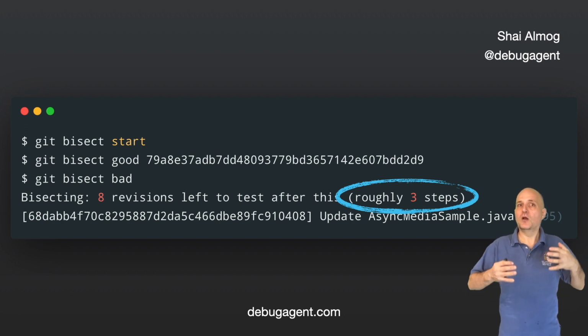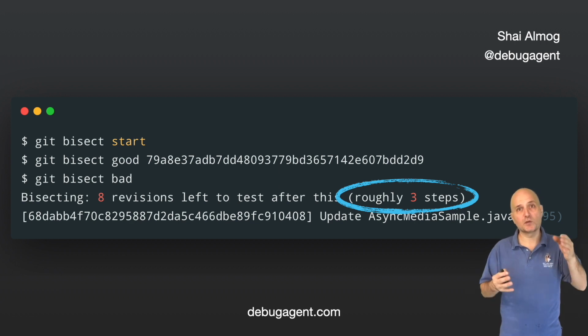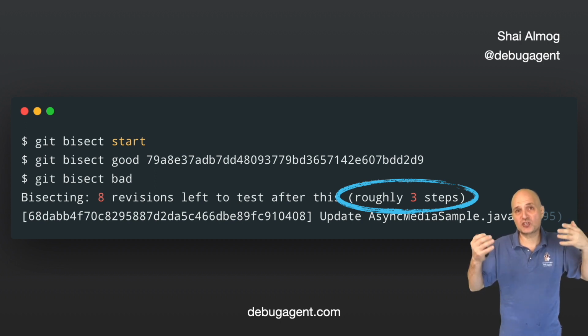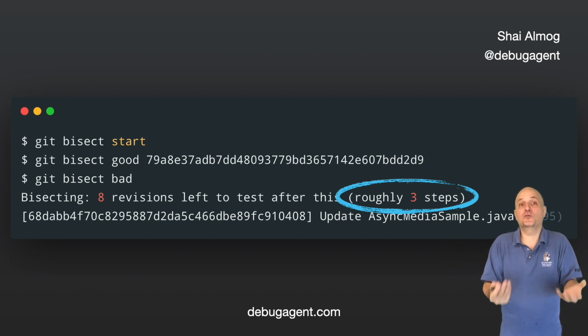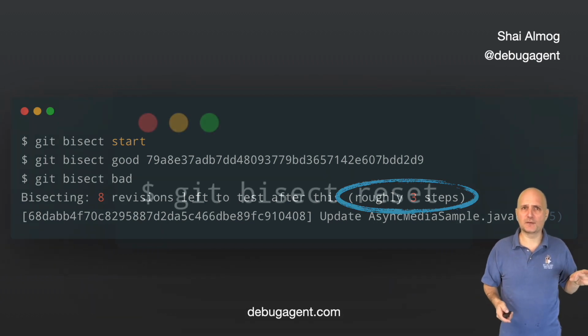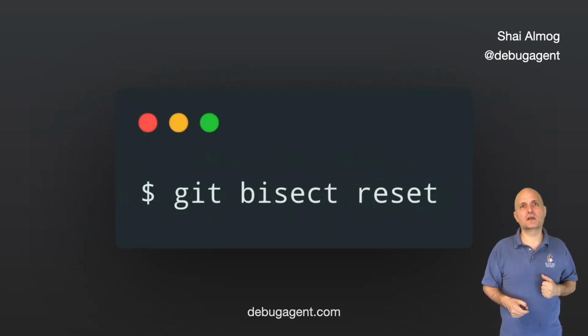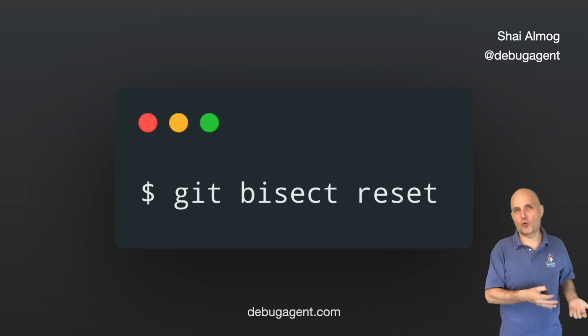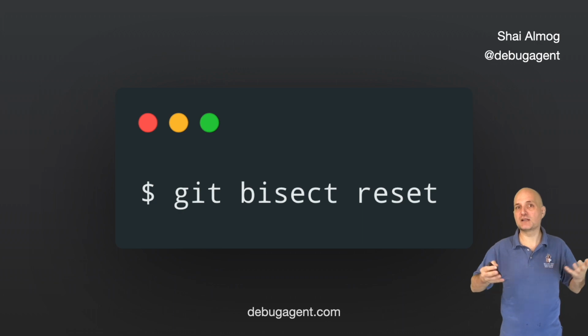This is very cool. We used to do this manually and it was a very confusing process, but this still isn't ideal. I might incorrectly mark a good revision as bad or vice versa. Also, just checking the revisions manually every time seems tedious. Can we automate this? Before we proceed, if you followed along with me, you can stop the bisect process by invoking git bisect reset to exit the bisect mode.